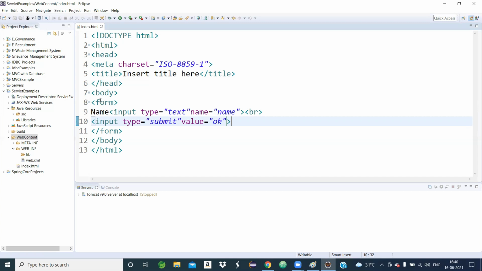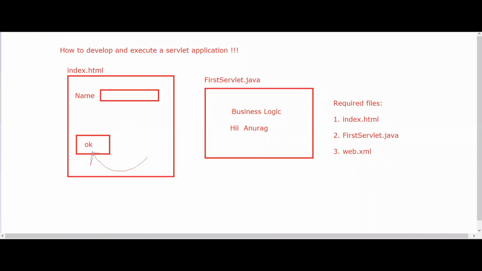Yes, sir. Okay, then come to our problem task. When the user clicks on the OK button, an action is generated and a servlet is executed. That servlet we have to develop.